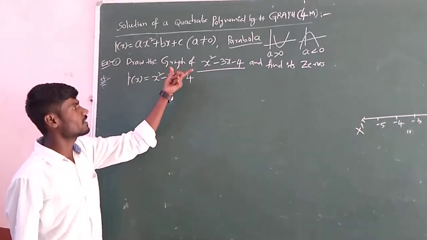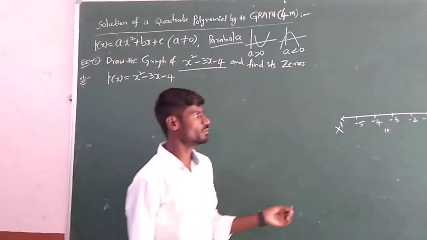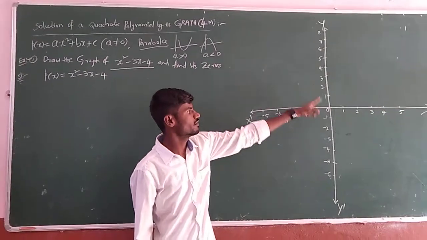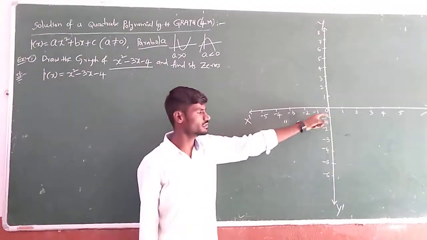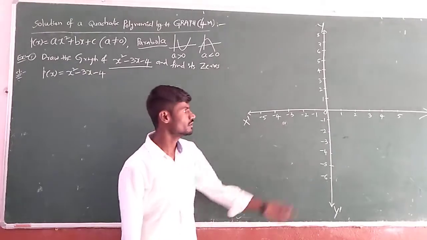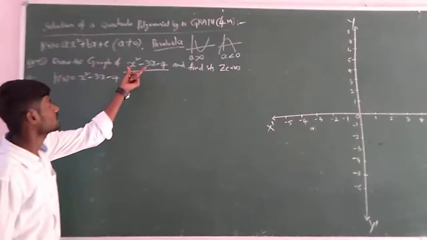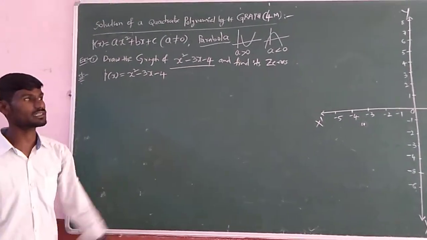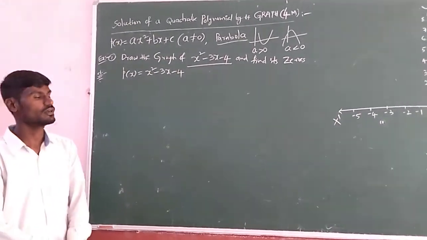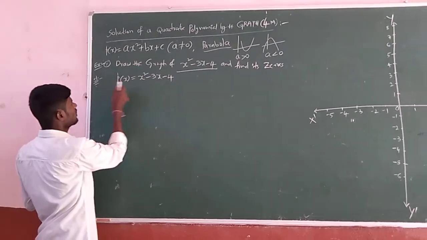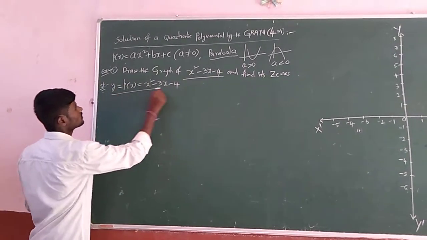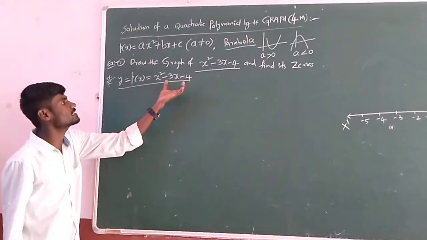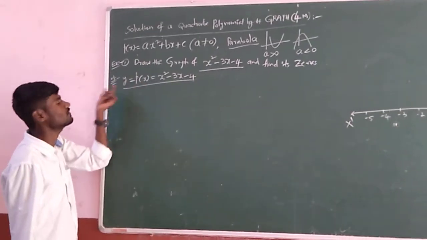To draw the graph, on the graph sheet we have two perpendicular axes. Horizontal axis, the x axis, and vertical axis, the y axis. Where they meet, that point is called the origin O, (0, 0). We take values on the x axis and represent the results on the y axis, the y coordinate. So here let us take this polynomial as y equals. For a particular value of x you will get a certain result. That result is represented with p of x, nothing but y.